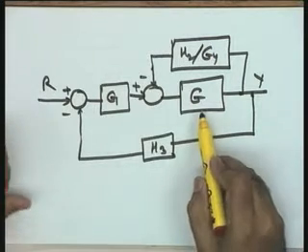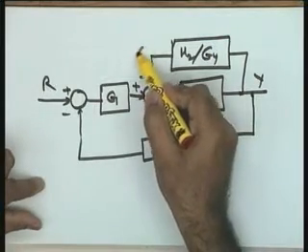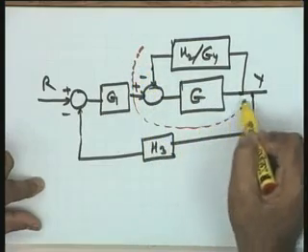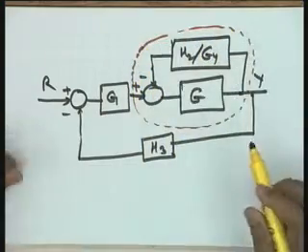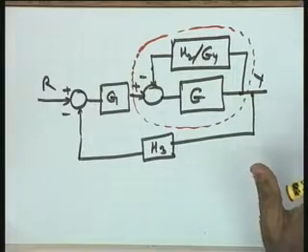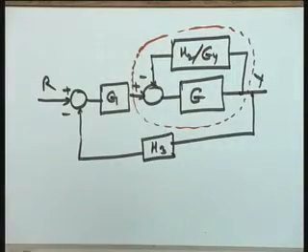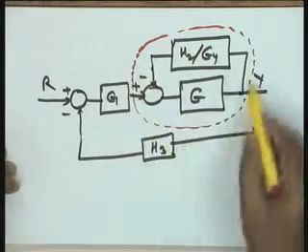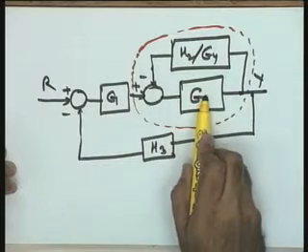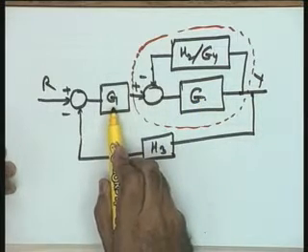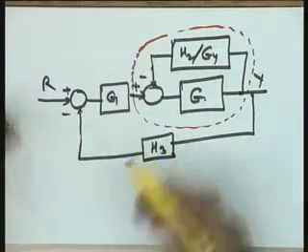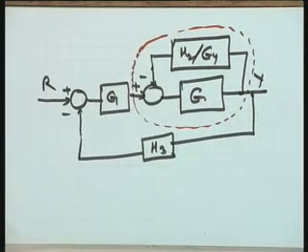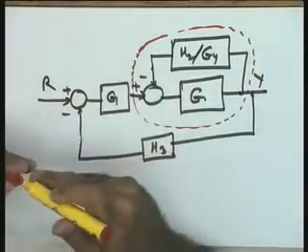The advantage of reducing this has been that you have another feedback loop. This is the feedback loop now. You can reduce this feedback loop and let us say, let me call it G dash. If I call this transfer function G dash, then G dash is in cascade with G1 and the feedback block is G3. You have got the major loop now. The primary loop also has come now in the basic standard feedback loop form, and hence you can apply the result again and you have a relationship between y and r.